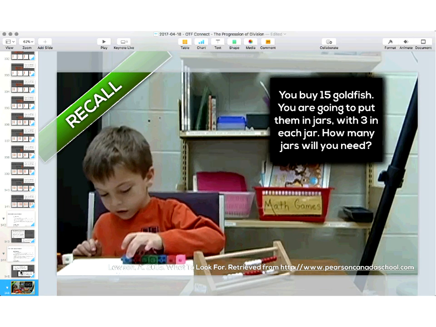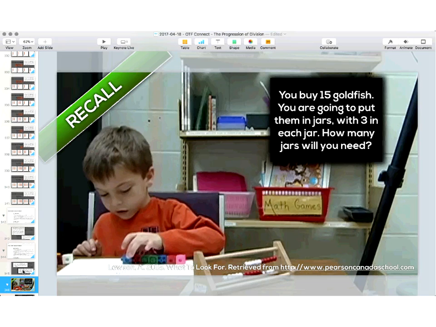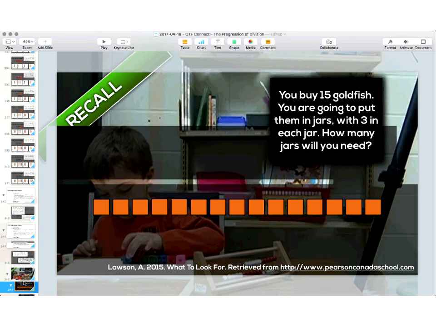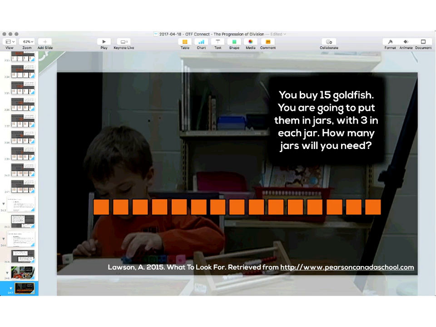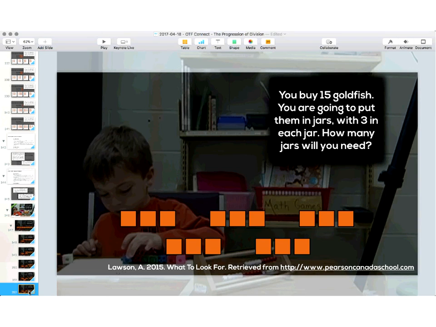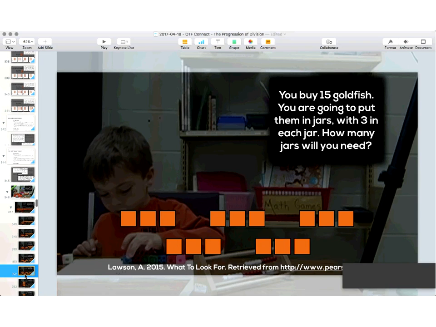There's actually 2 different types of division based on the context of the problem. But if we only give students 15 divided by 3, we don't really see that complexity. So as soon as the context is added, we've actually added something that's fairly complex for students to have to think through and reason through. So for this particular student, it's likely that they'll probably take these cubes and organize them in groups of 3, and then once I have them in groups of 3, I go ahead and I count how many groups there are.